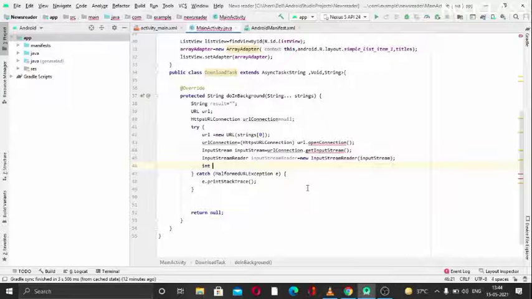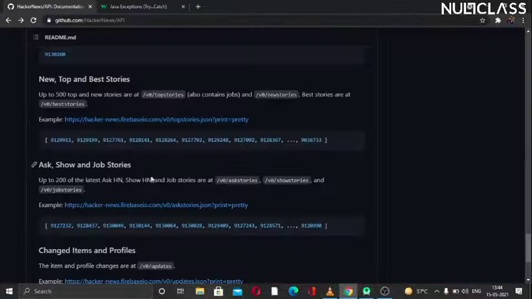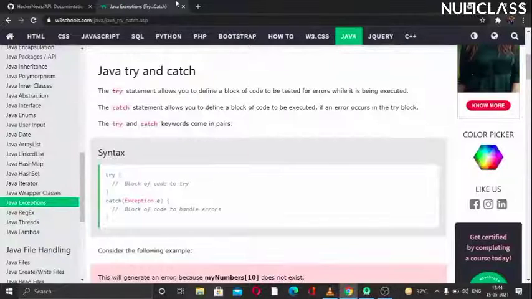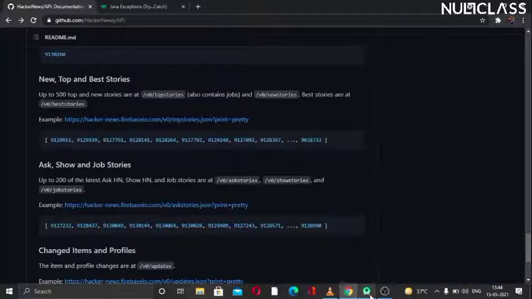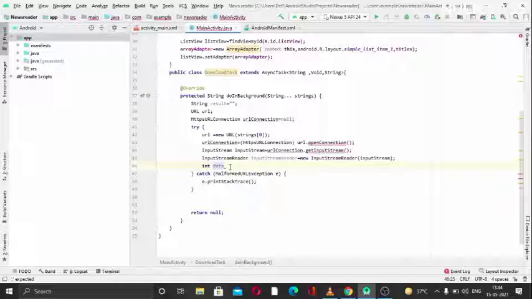Now we want to implement the data. When we write the URL, as I have shown you, whenever we use this URL, it will pass a lot of IDs. To get those IDs we need to create int data, so that it can get all the IDs to get the news information.